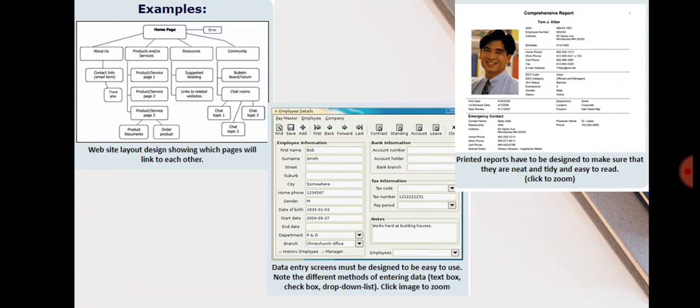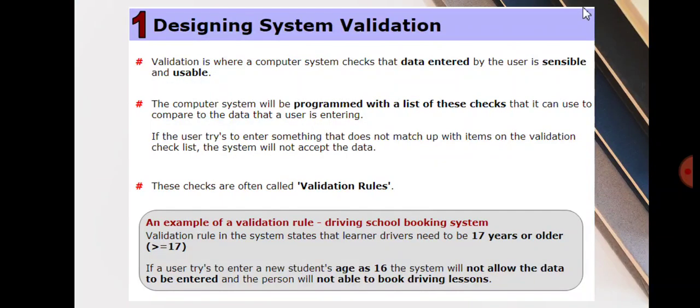Second is the form, how the output will look when it is actually created. And third is the printout, the report printout, how the output on the page will look. So these are examples of the basic design. But as I told you, validation and verification are more important. So now we'll go to the first step, very important, that is system validation.